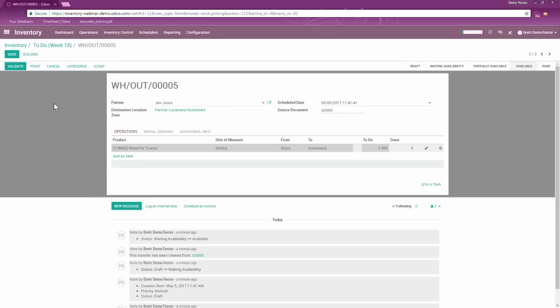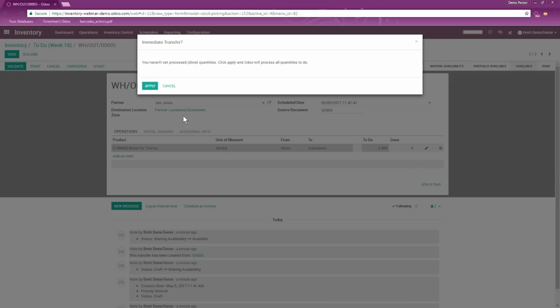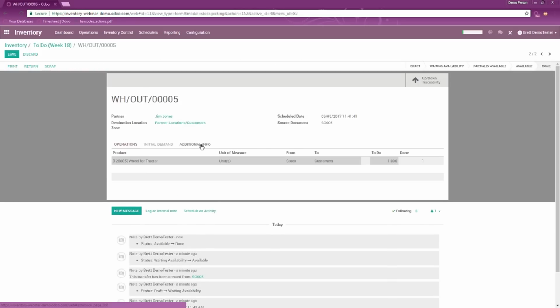But in this case, I'm just going to go ahead and validate it and ship it out, and it'll go to the customer. That is a very simple form of delivery. You'll see in a second that deliveries and receipts can be more complex and have different stages involved if you want. I want to point out that from the delivery form, once it's actually been shipped out and it's done,